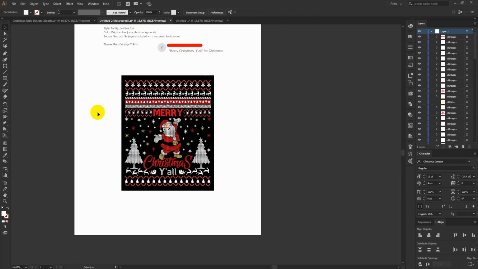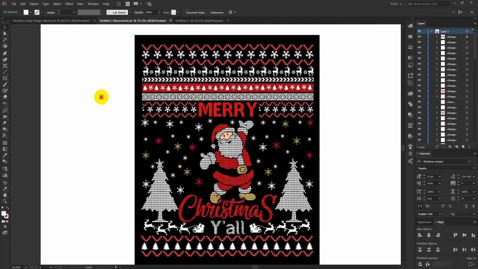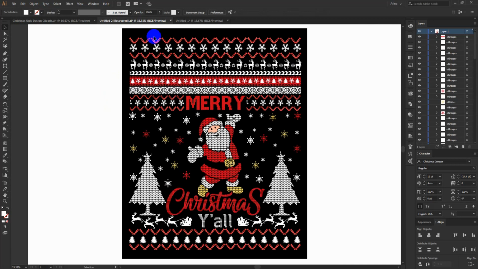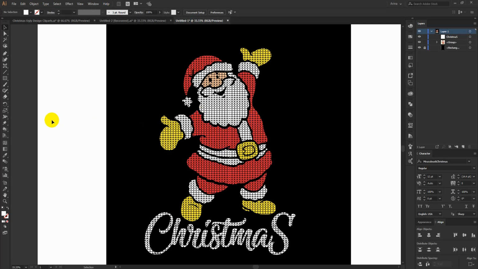This was really hard work to make a design like this, so I didn't record everything here. I hope this will help you to understand this way of using pattern in your design. And of course this is my original image of Santa Claus and this is now, so they are not similar or there will be no copyright.